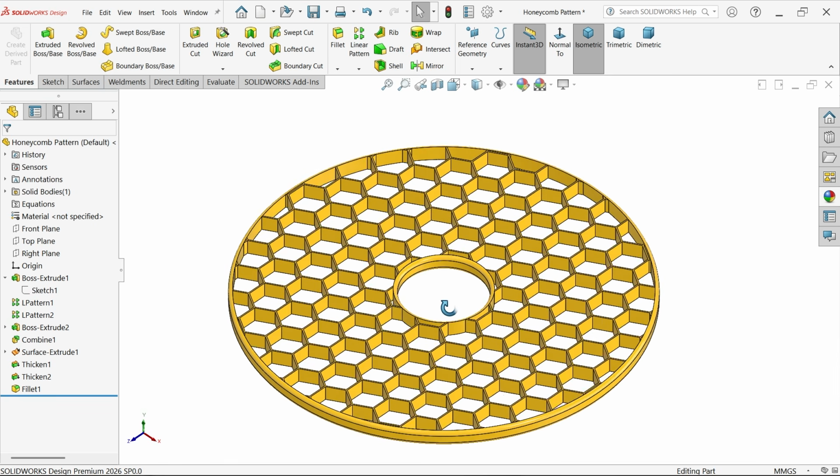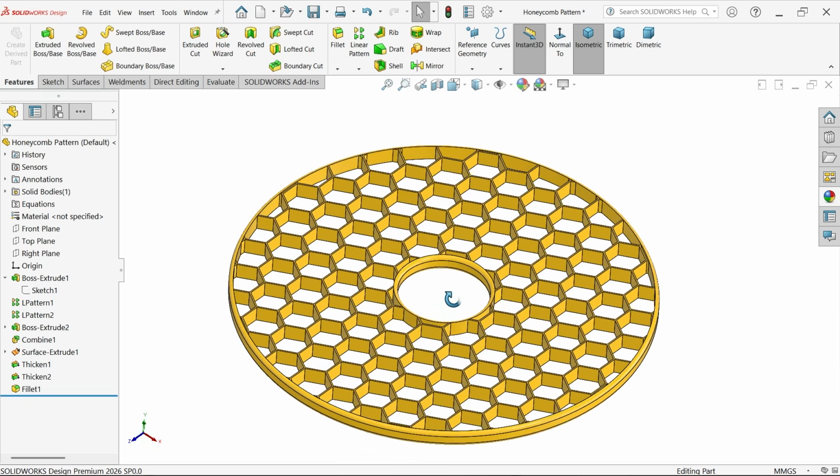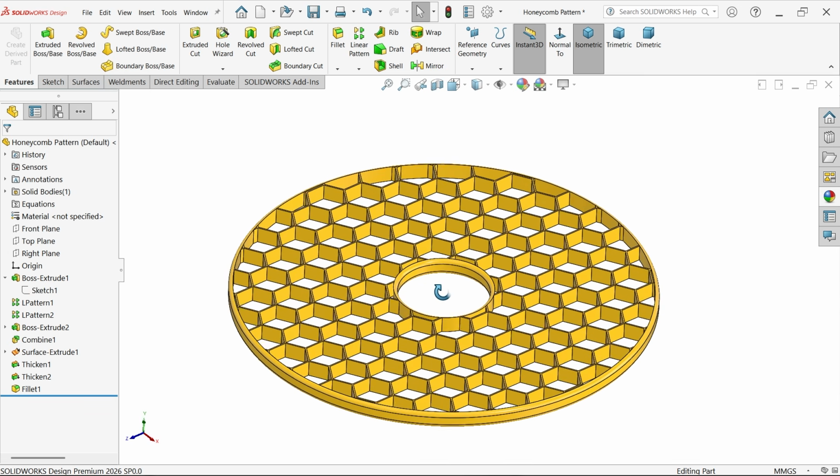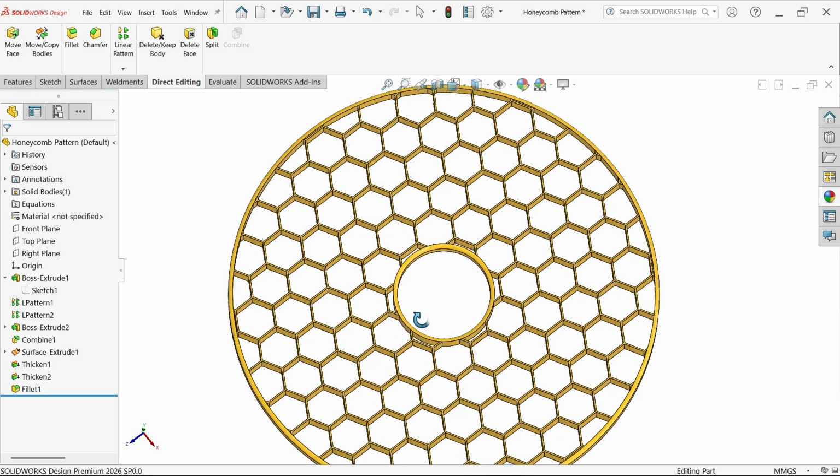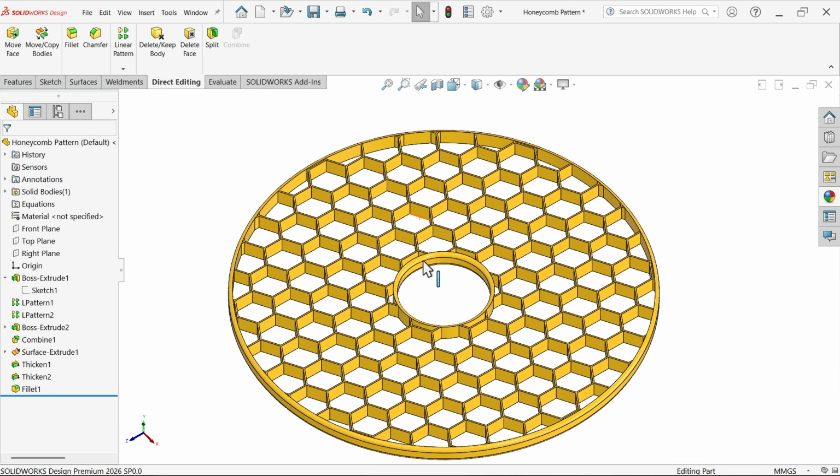Let's do a simple modeling and create this honeycomb pattern with the help of some special feature. Let's see, in direct editing there is one feature, combine. In this combine there is add and subtract. So with the help of the subtract tool we will create this kind of honeycomb shape. Okay,